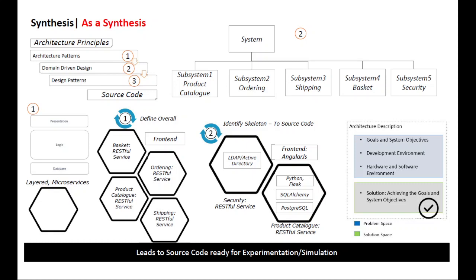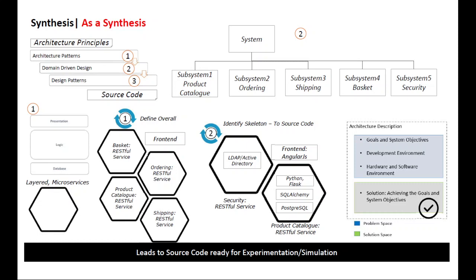So here we try to identify a first set of functionality or features, part of say product catalog, RESTful service, and authentication or security related services, so that we can create a front end using AngularJS. We can authenticate into the system and get to see the product catalog, which is a service using Python Flask, SQLAlchemy, and Postgres. So this is one example of typically how we look at it,